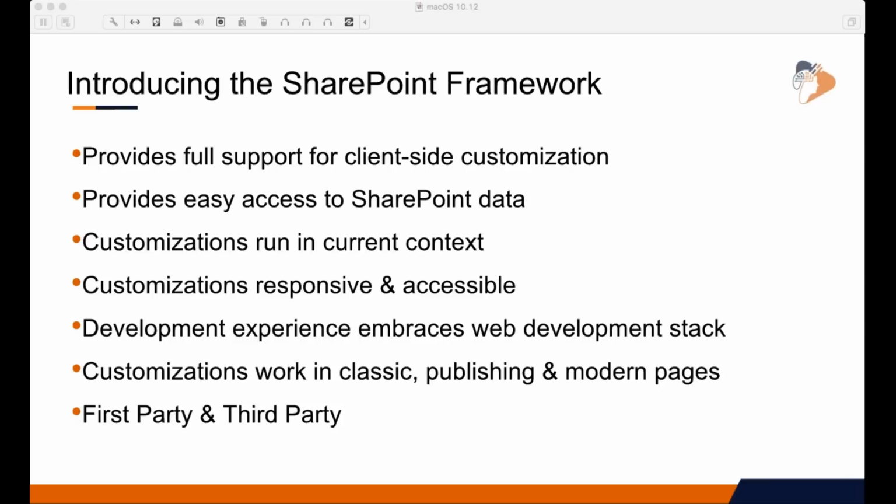These are client-side solutions so that you can call anything you want, any data source you want. You can call the SharePoint REST API, the Microsoft Graph, the Office Graph, or any other API you want. Maybe an Azure API, maybe an API you've created and hosted in an Azure function, or maybe over in AWS. One of the cool things about this is that they are all going to run within the current context, and what that means is that there's no more iframe.